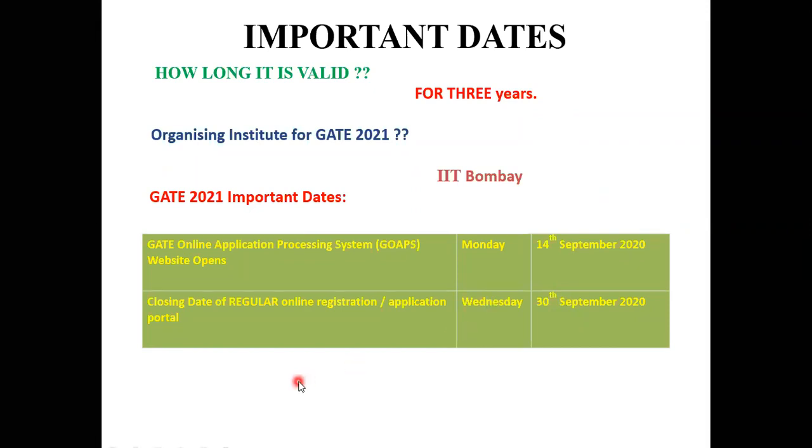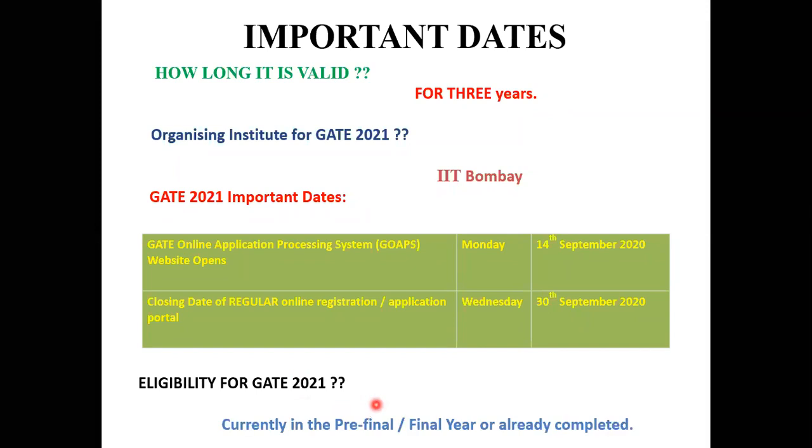Next we will move to eligibility for GATE 2021. So are we eligible to write the GATE examination? Many people will have one doubt. Sir, my percentage is very low. I have some backlogs. My age is maybe 22 or 18 or 19, and so on. But the answer to this question is yes, you are eligible. Irrespective of your percentage, irrespective of your backlogs, you can write your GATE examination.